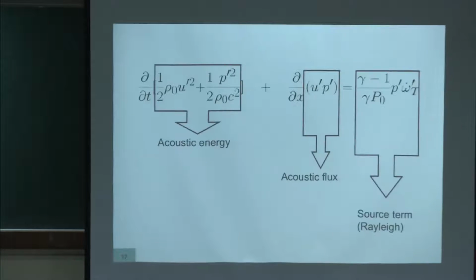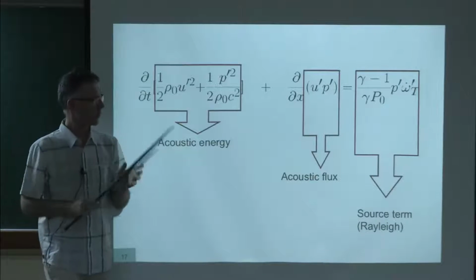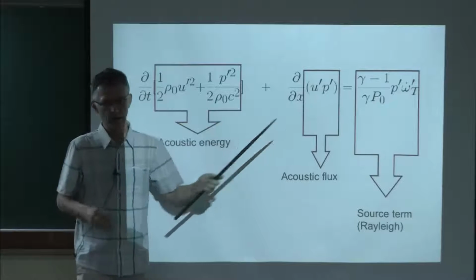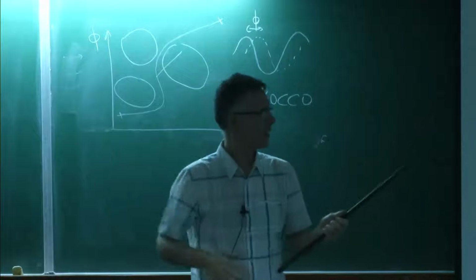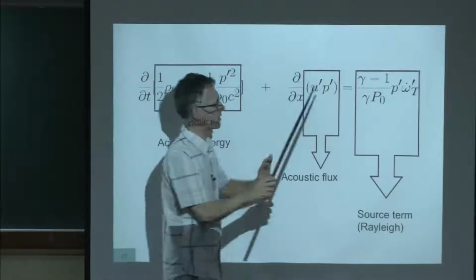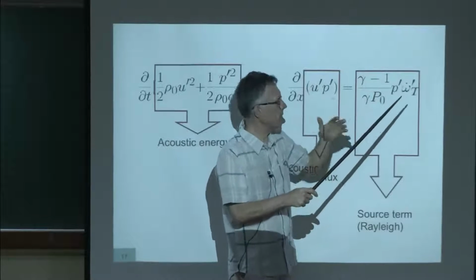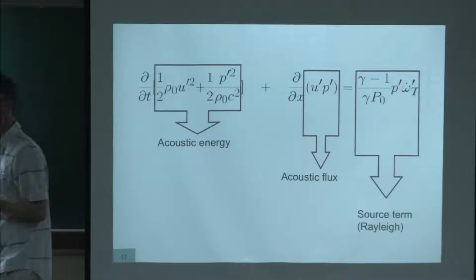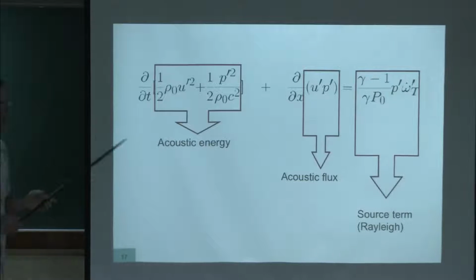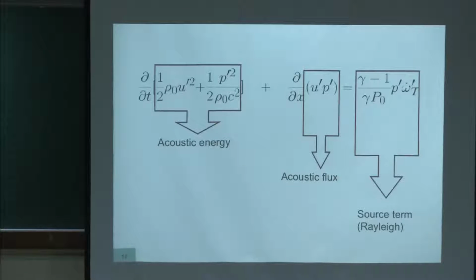This equation is the basis of most theories for combustion instabilities. It tells you that the acoustic energy in a combustor changes because of fluxes on the boundaries. In other words, the energy can leave by the inlet or leave by the outlet, or not, depends. And there's a source term now. This term was not here without combustion, okay? And the source term is a constant, (gamma minus 1) over gamma p, multiplied by p prime omega dot prime. And you see that p prime omega dot prime is the product of the unsteady pressure by the unsteady heat release. These two things multiplied, that's the source term.